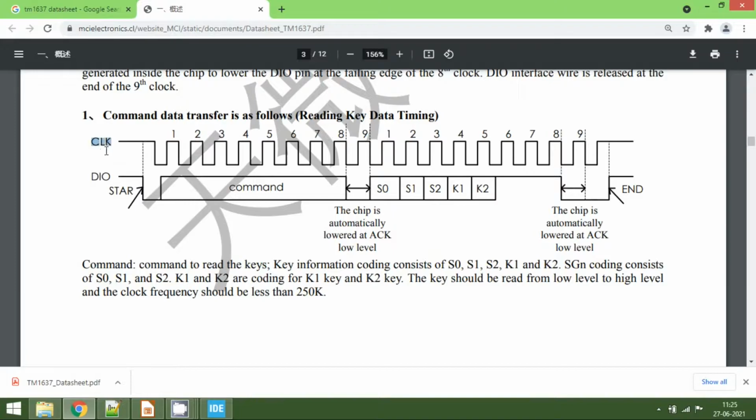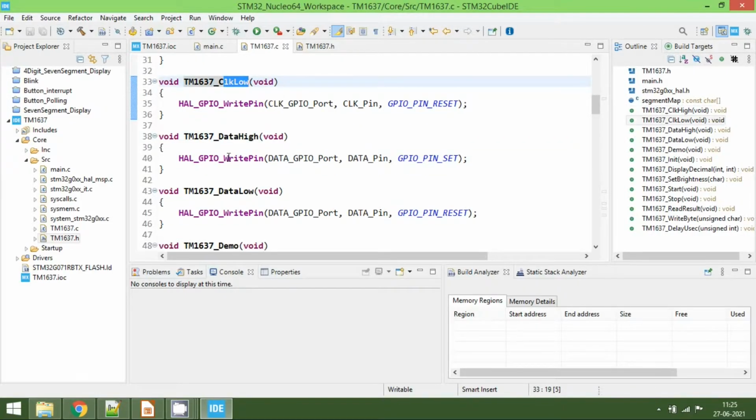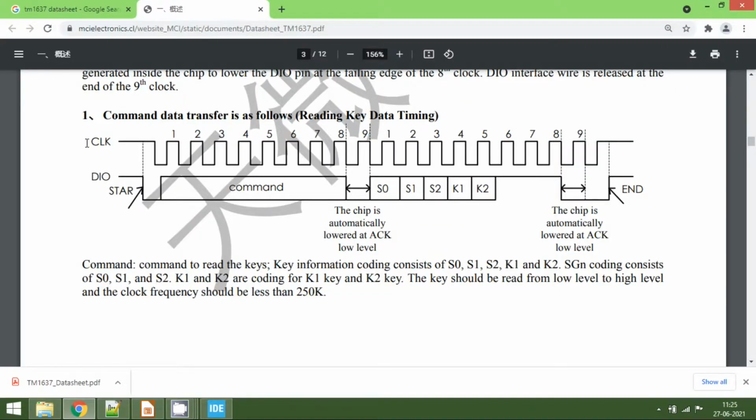We have a clock and data pin. If you go to the Cube IDE and look at the library, these are the functions which will be used for clock high and clock low, and this is for data high and data low. Now I'm going to show you the start of the command.